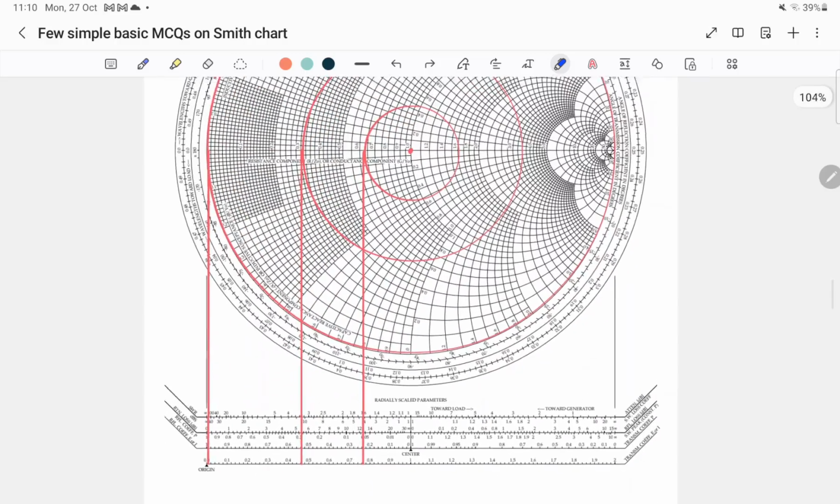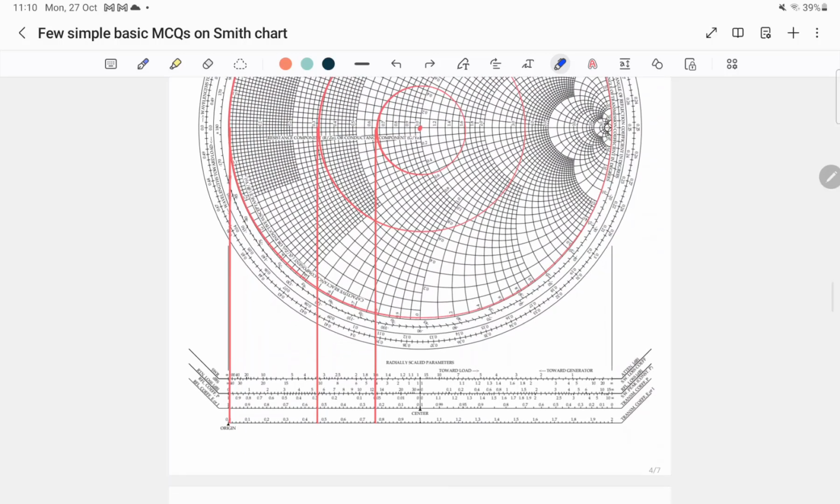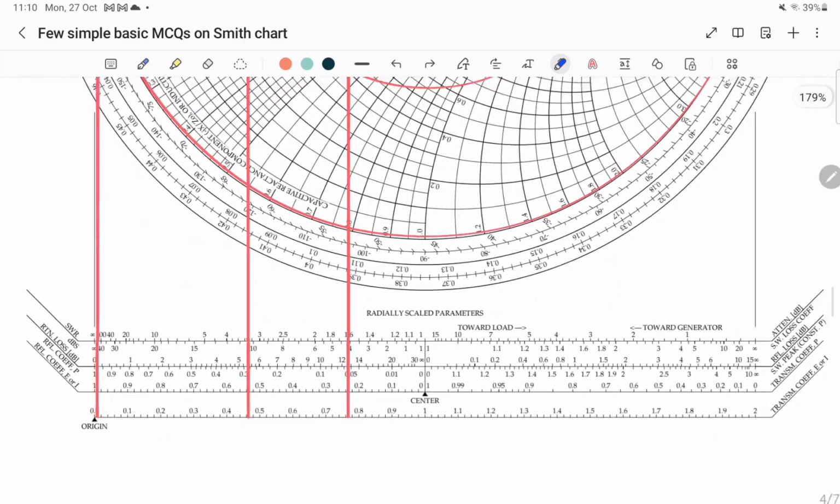Now if you see this radius, and this radius, and this radius,